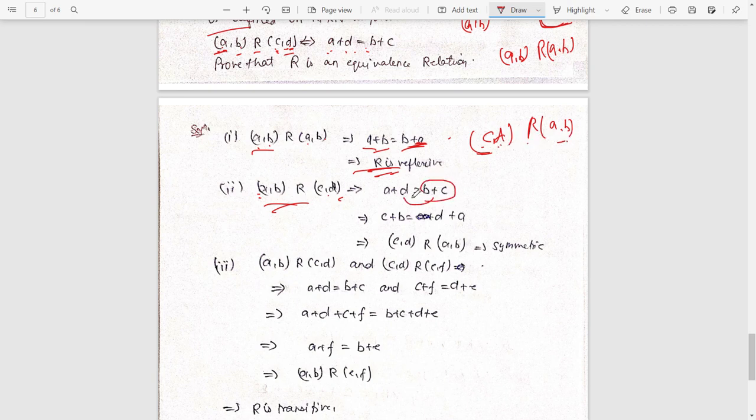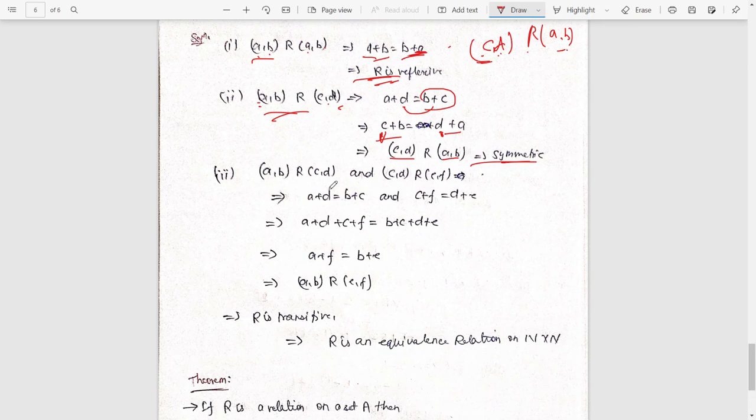So this reverse element, just bring it here. So it is c plus b and d plus a. So just take the first element and then the last element. Okay, so (c, d) and (a, b). So obviously if (a, b) is related to (c, d), then (c, d) is related to (a, b) also, obviously symmetric.